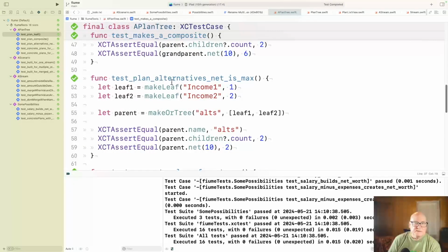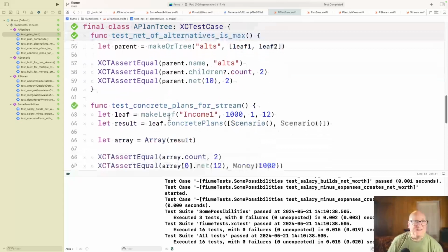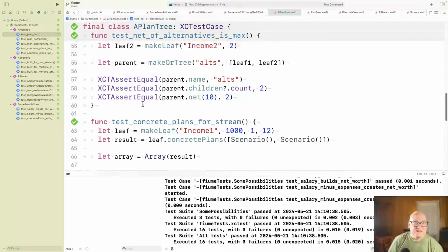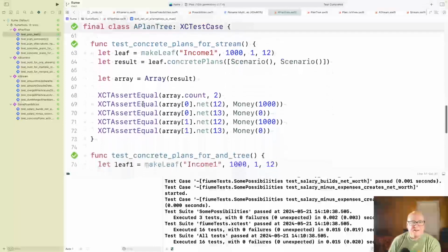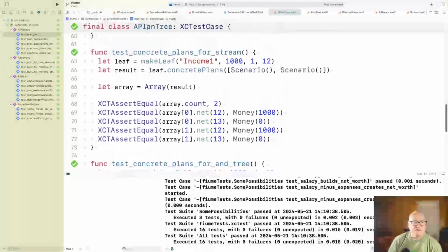Plan alternatives net is max. Net of alternatives is max. This is going to change, so I don't know that I should sweat it too hard. Concrete plans or stream. Wow, this is now scenarios.